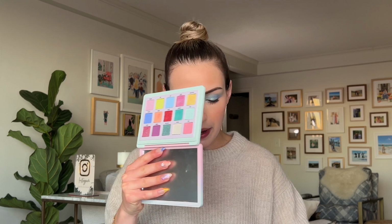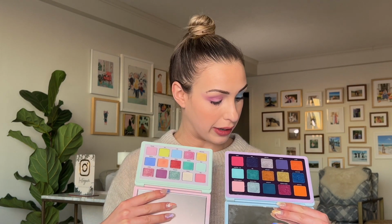It obviously has deeper tones, brighter tones. It's a little bit more wild. It's a little bit more punchy and fun, whereas obviously she's hitting us up this spring with these pastel tones. So the two palettes, I'm not really going to spend a lot of time comparing these. I just want to show you right off the bat, they are very different experiences, and I'm really excited that